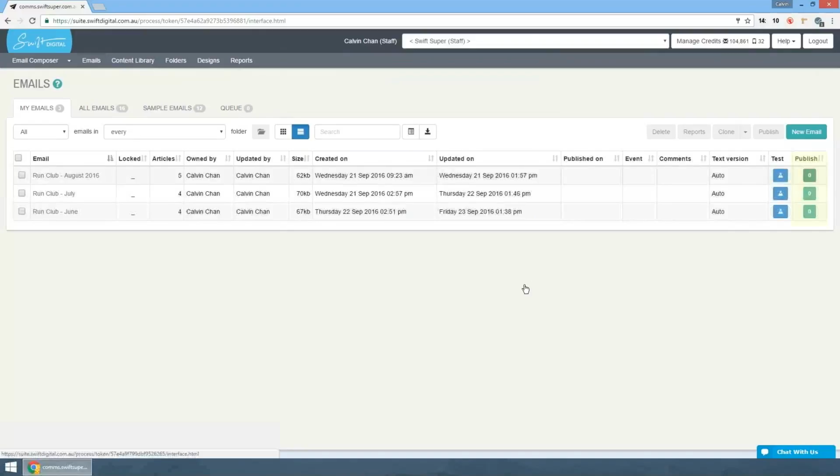The very last column here is publish. Inside the green box, you'll see a number that will indicate the amount of times this document has been published. If your documents have not been published in the past, these will appear as 0. If you want to publish it, you simply click on the green box and that will take you to the